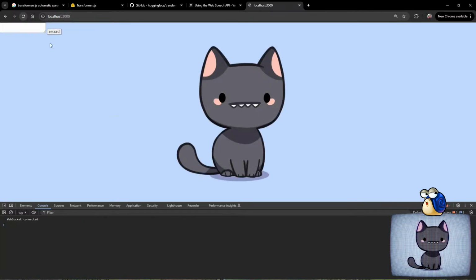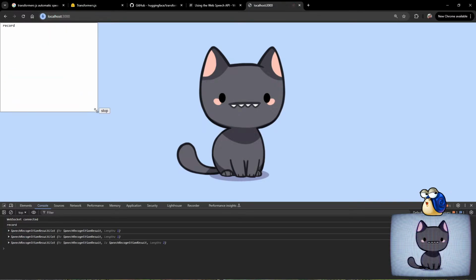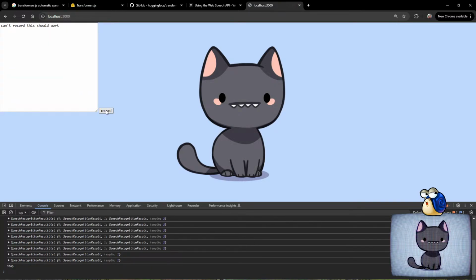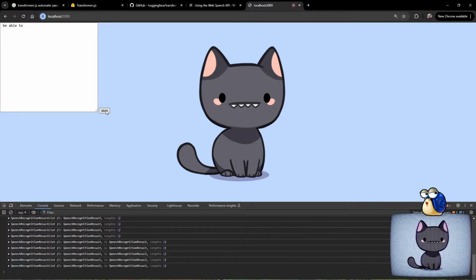All right, so now if I hit record, this should work. And if I hit stop, it should stop. And then I should be able to keep recording. And that is so cool. So what I want to do